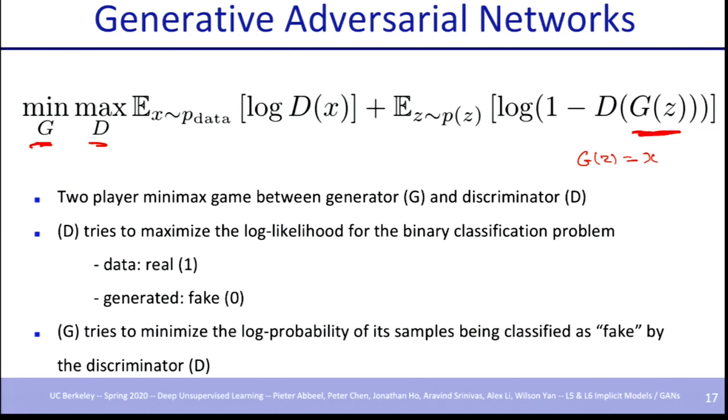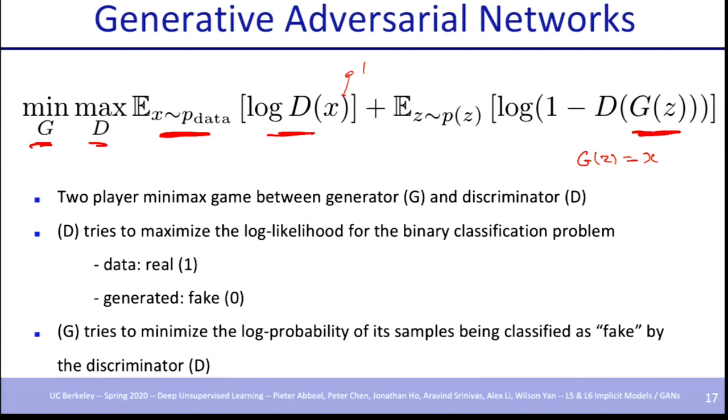Then what's the discriminator doing? The discriminator is trying to classify which x's are real versus generated. So here's our real, the data distribution. And we're going to try to maximize the log probability under the discriminator. The discriminator will have a 0, 1 output, well, a sigmoid output, the probability of being real. And so the discriminator will try to drive these to 1 as high as possible.